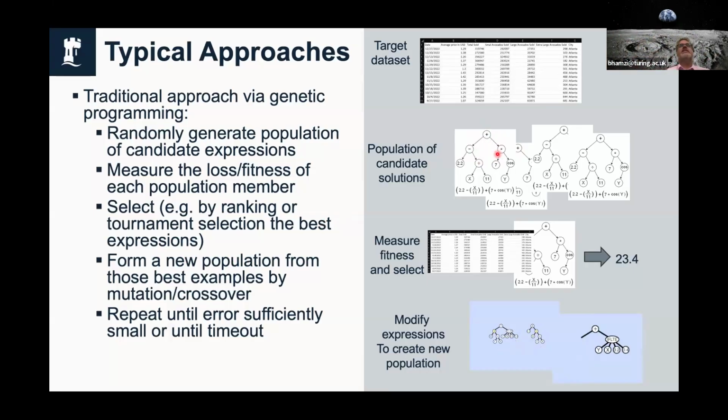Then you measure some kind of loss, typically called fitness in this area, of each population member, select the ones that fit the data the best, and then form a new population by making changes to the code, doing mutations and crossovers, and repeating that until error is below some threshold or until some kind of timeout.